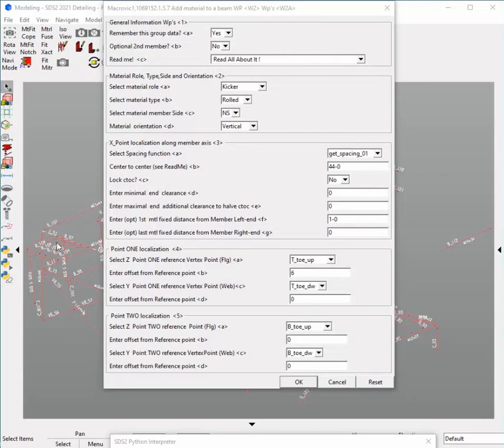Macro VIC. This is the second window with which the macro begins to operate. It has several groups of information. In the first group you select if you want the entries in the boxes to be remembered. It is also where you select whether to use a second member, for example to create a connection to a